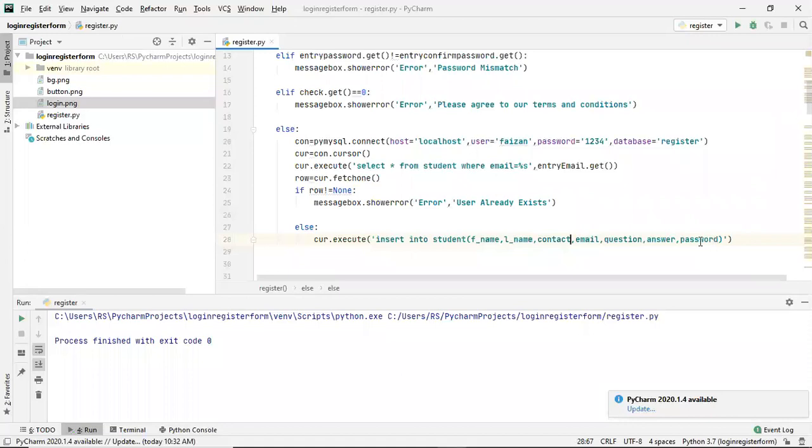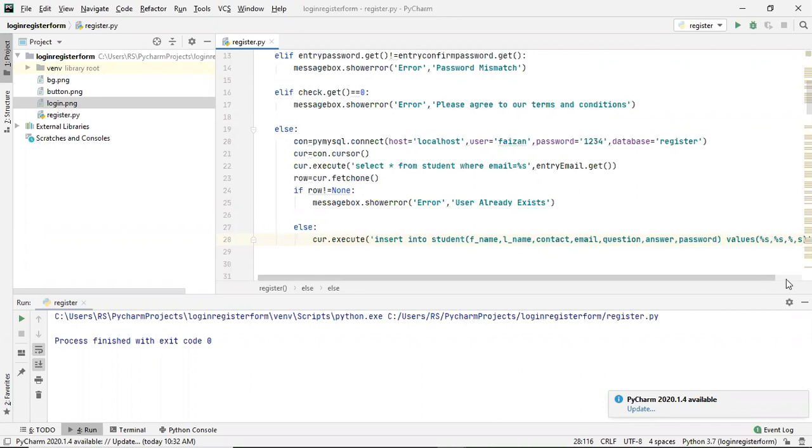Okay, so these are all the names, and then we have to add values. Let me add values here, and for values we will be using %s. For all these, %s comma %s comma %s.